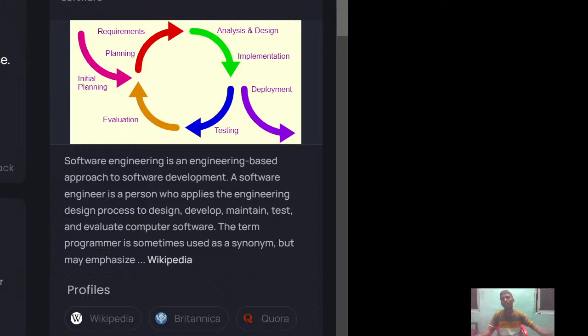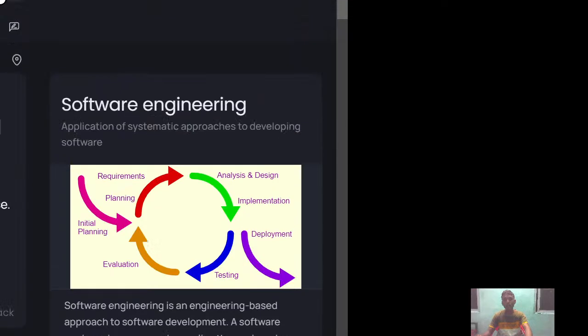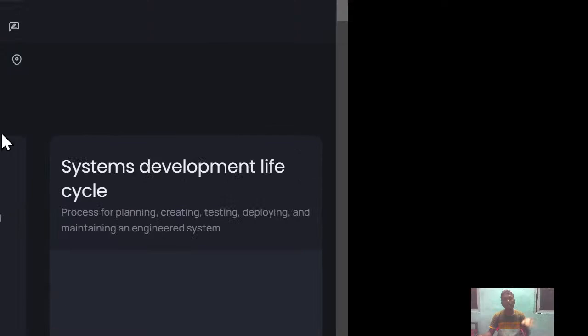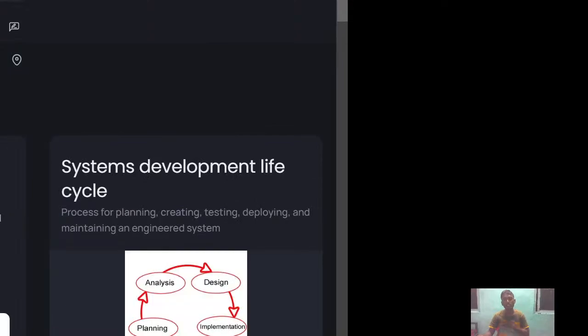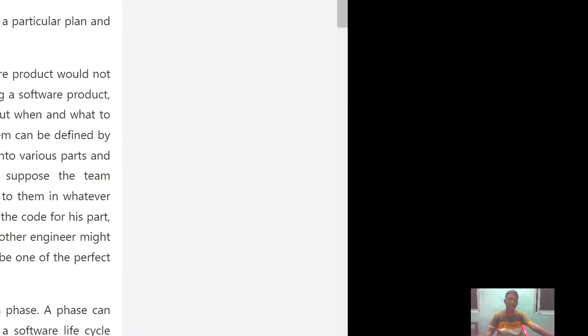When we want to become a software engineer but we don't know what the real life cycle of a software engineer is, let me explore the life cycle of software engineering. Let me explore this point because it is very important. If you know the life cycle of software engineering, you can maintain softwares because